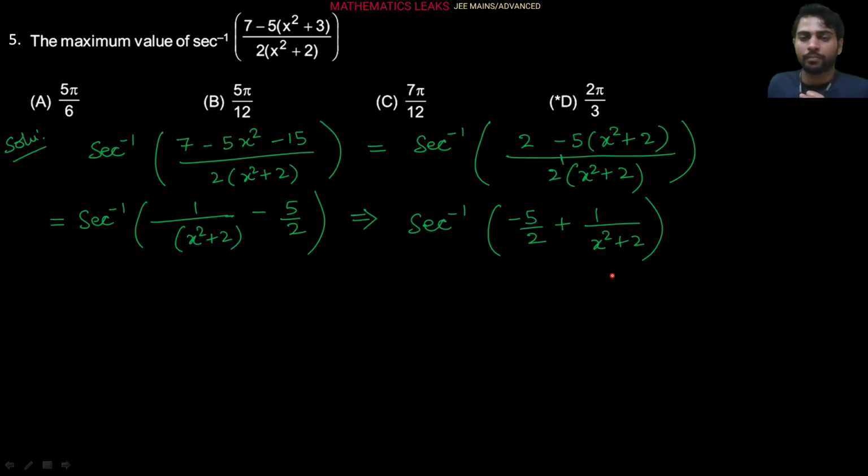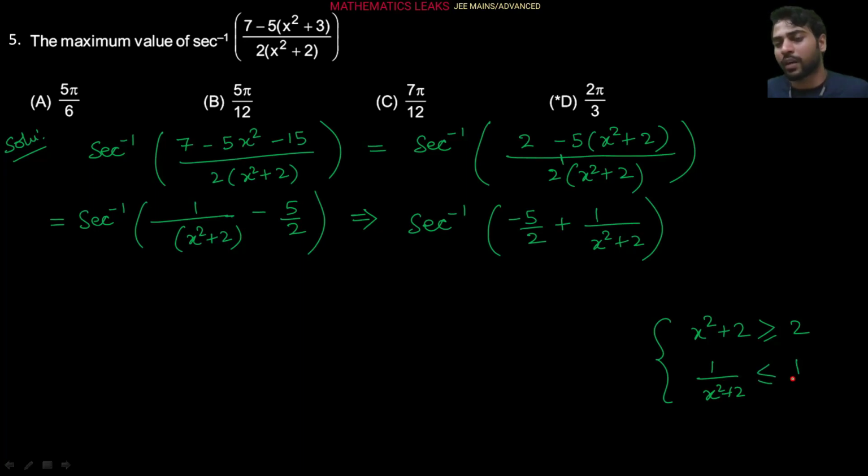So here observe, since this part is variable in the argument of secant inverse, I am doing some rough work on x square plus 2. Just try to understand this point: x square plus 2 will always be greater than or equal to 2, isn't it? Square of any quantity is always greater than or equal to 0, plus 2, so the overall value will be greater than or equal to 2, everybody, right? So x square plus 2 is greater than or equal to 2, so 1 upon x square plus 2 will always be less than or equal to 1 upon 2, correct? On taking the reciprocal, the inequality is reversed.